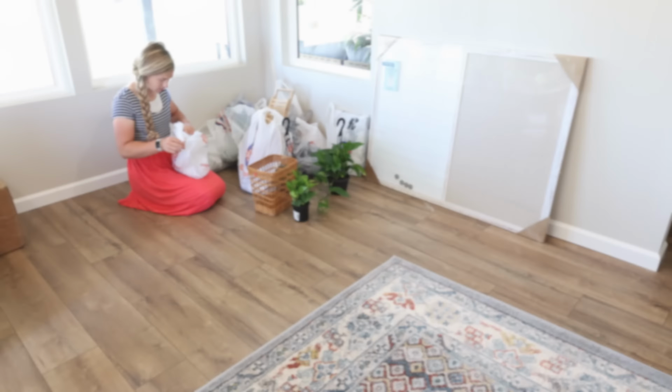Before I start cleaning the kitchen, I wanted to show you this rug that I have at the front door because I don't think I really ever showed you any details of this rug. This is a rug that I've had for quite a few years. We used to have it back in our bonus room, but then when I did the living room makeover, I decided to move it out here to the front door because the rug that we used to have in front